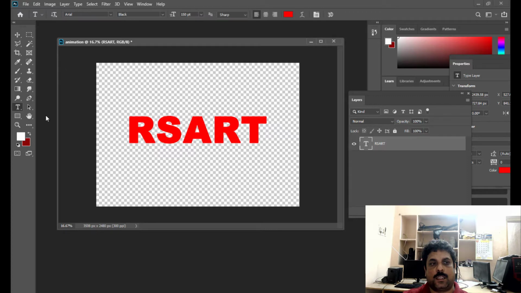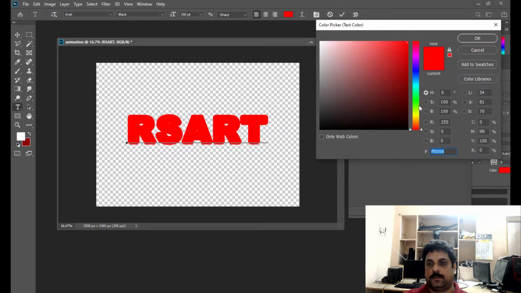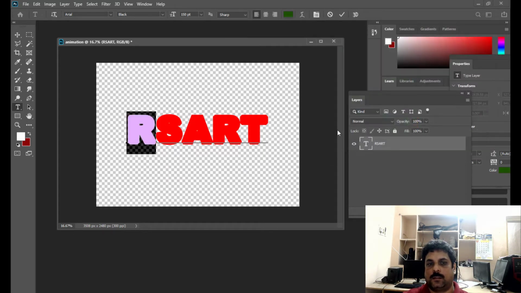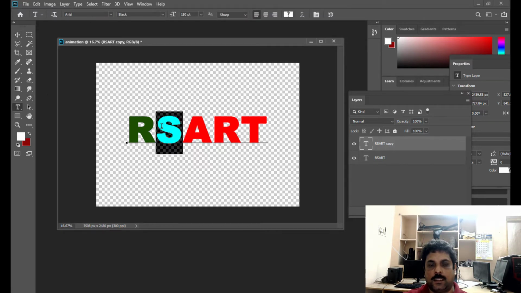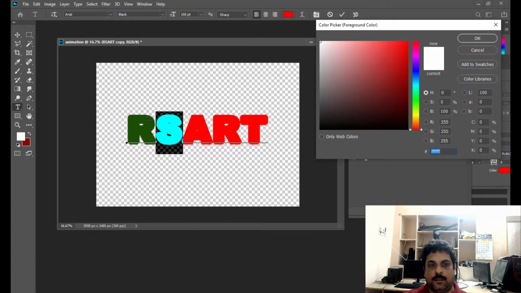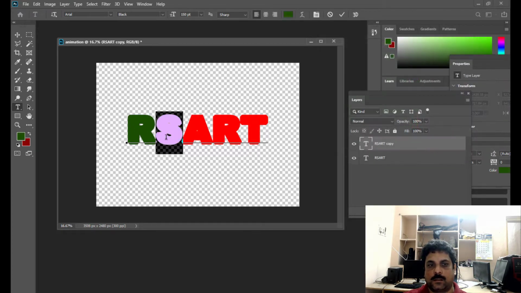So I'm going to select the text and give it a green color. Then I'm going to take a duplicate of this text layer, Ctrl J, and then I'm going to highlight this letter S and then apply green color to this.